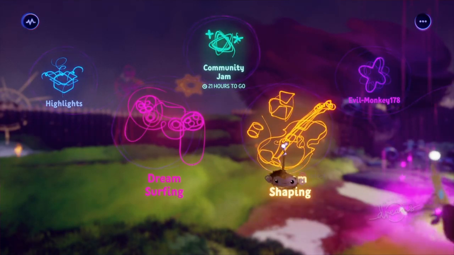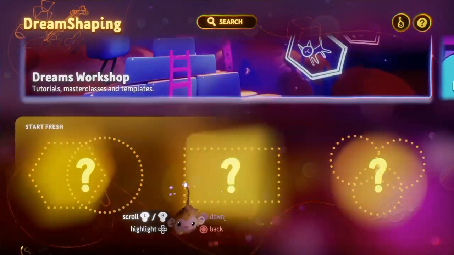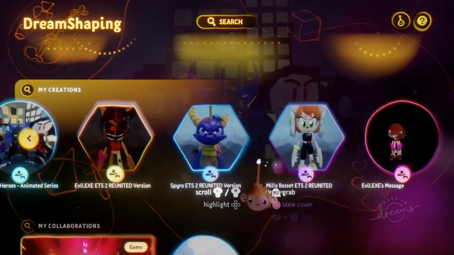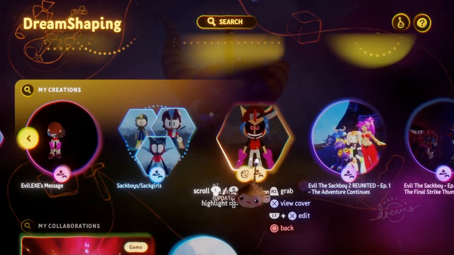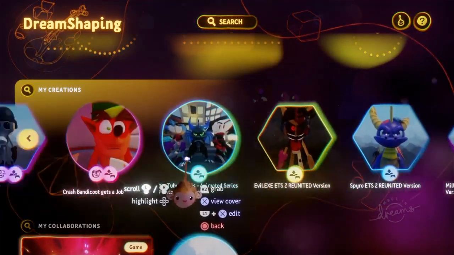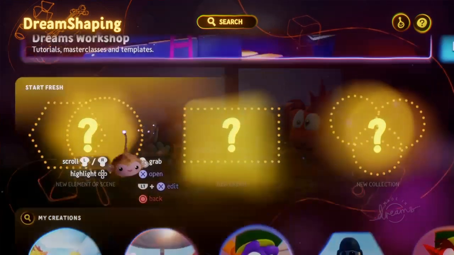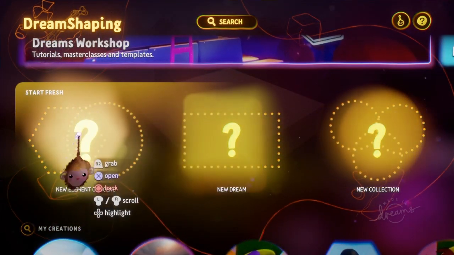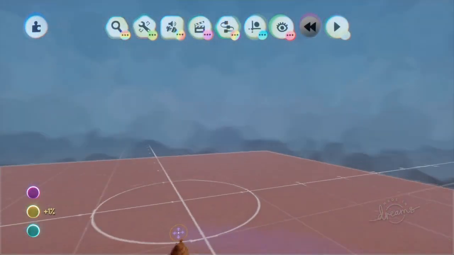So first you got to go to Dream Shaping, because that's where you make all the stuff. Now you can see some of my animations and stuff. Ignore that. There's a lot of stuff that you see right here. I made a lot of this stuff. So what I actually do is just go to a new element or scene, and as you can see, you